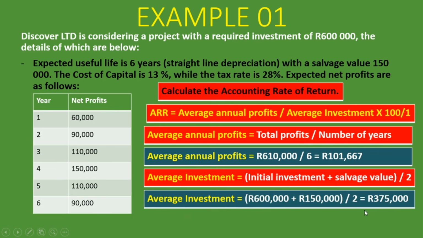So I've already done that. 600,000 rand plus 150,000 rand, which gives us a total of 750,000 rand. Dividing that by 2. Now that we have the average annual profits and our average investments, let's take our average